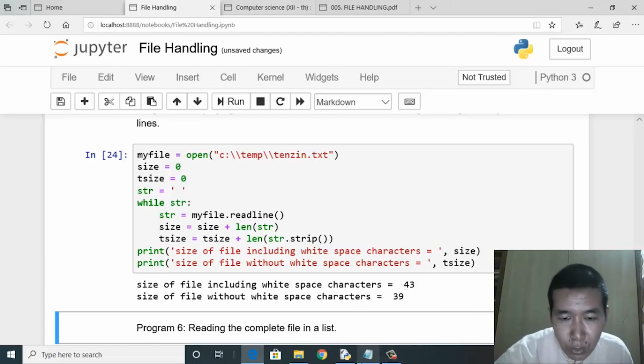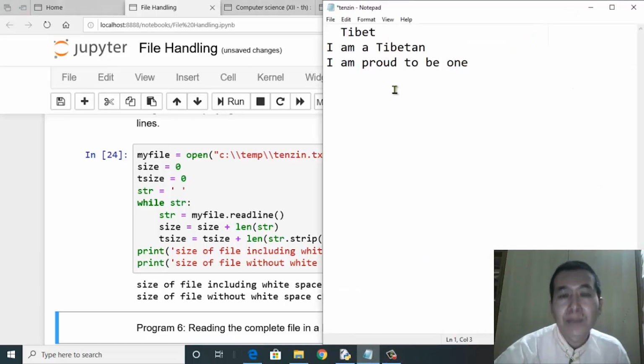So let's go and check the file. Okay, how many leading spaces do we have in front of Tibet? There are 2. And then at the end of the first line, we have another whitespace character in the form of Newline. So that makes 3. And then another Newline character, which is again a whitespace character.